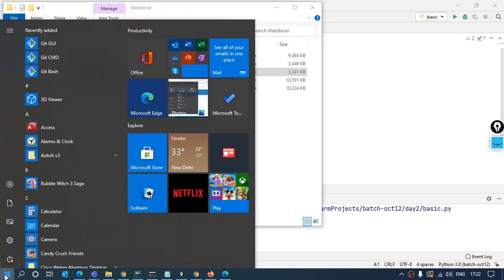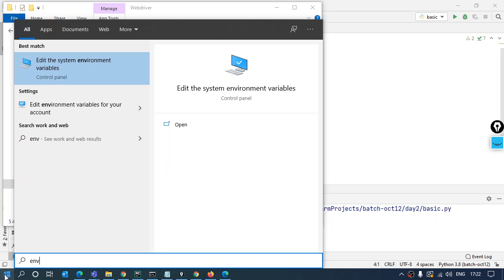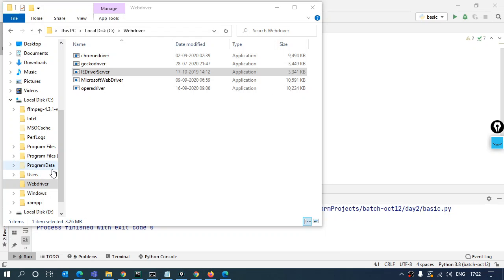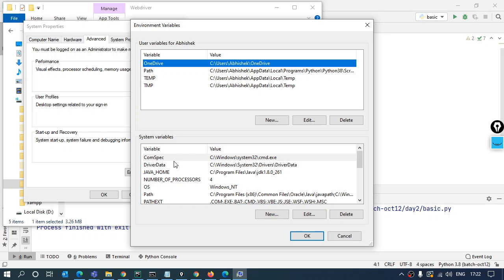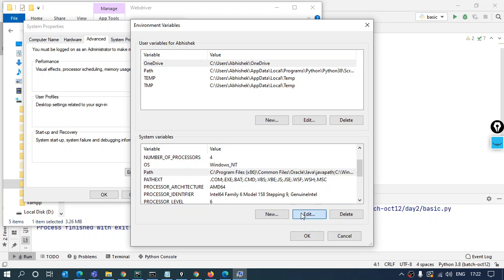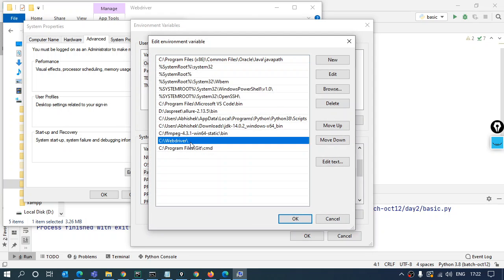So I'll go to my environment variables, here in the path variable, edit. Here is my folder name that is given over here. This way, if you have all your drivers stored in a single folder, even if you change the drivers in a month or two, update them somewhere else, or delete them, all the changes are going to be applied automatically. You don't need to do anything in the code or in the settings as well.